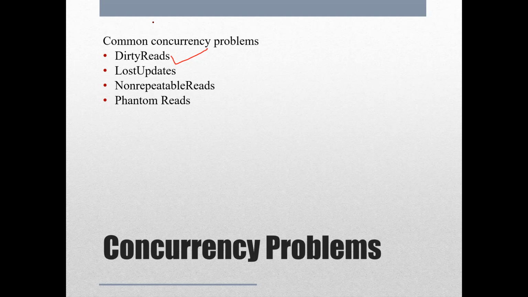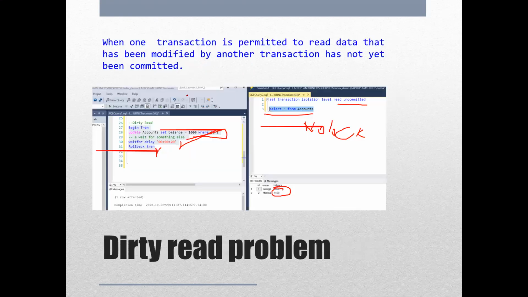Set transaction isolation level read committed. Yes, Alex, that is the solution of dirty reads. If it is uncommitted, it will always give dirty reads, as you remember we did that inline as well. And what was the solution of lost updates? The lost update solution was again repeatable read, which you have just done, as shown by Muhammad. Now we are talking about this third problem, which is non-repeatable reads.